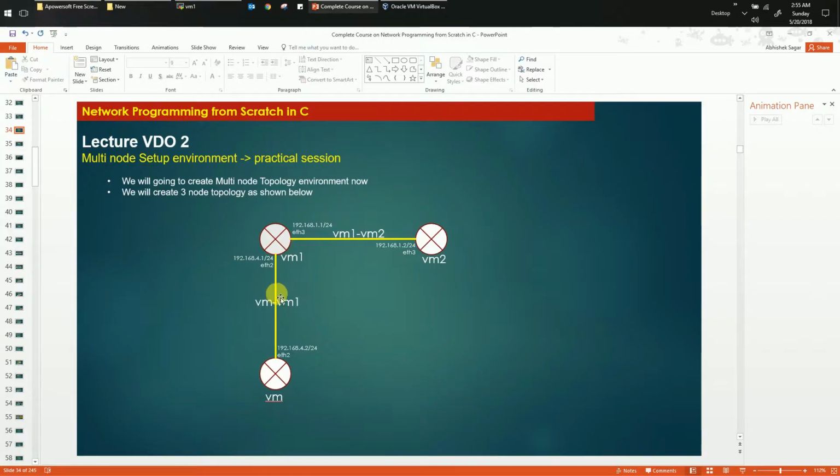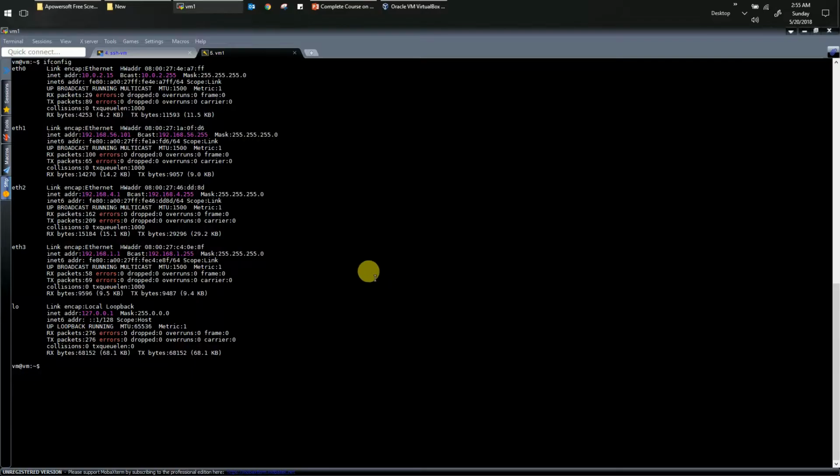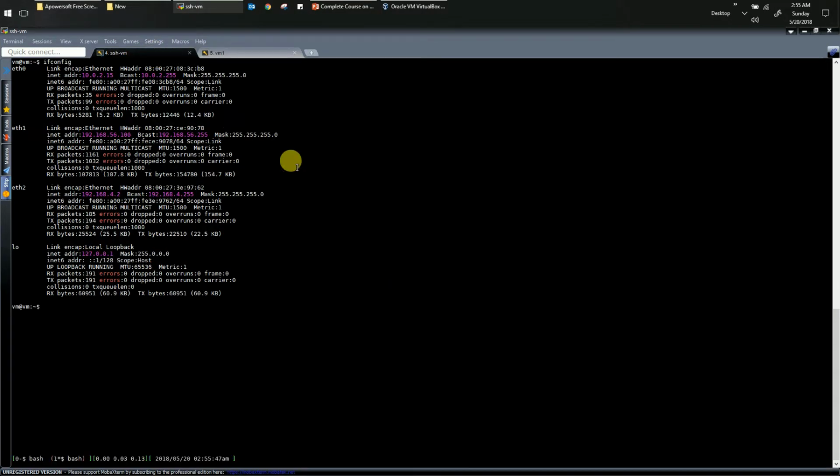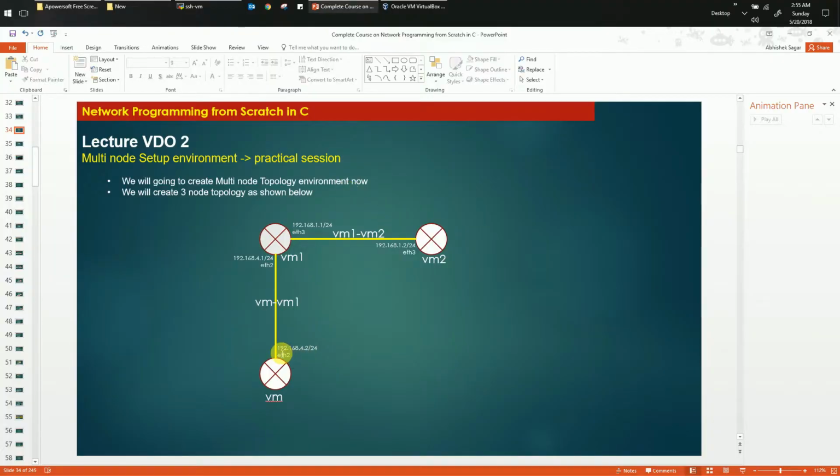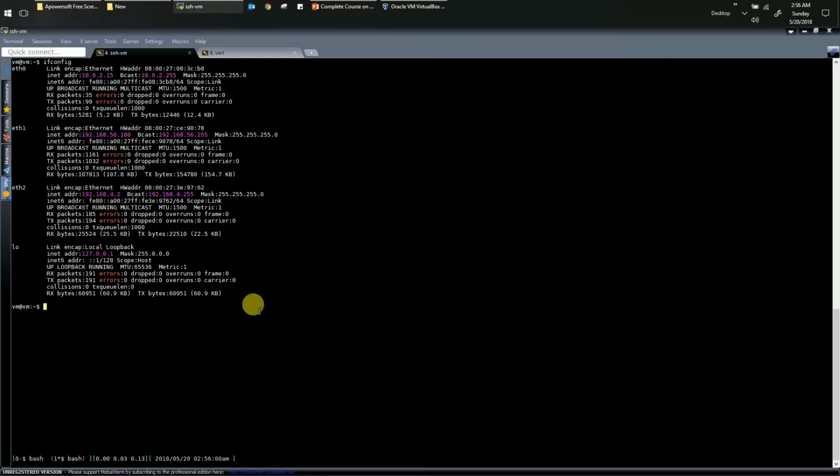Now the next thing that we are going to do is to configure the IP addresses on these interfaces. You can see that each interface in this topology has an IP address. So next we are going to configure these IP addresses. For that, let us take an example where we configure the IP address 192.168.4.2/24 on interface Ethernet 2 of virtual machine VM. So log in to your virtual machine VM and open the file with sudo vim